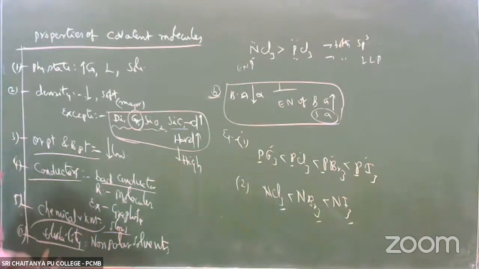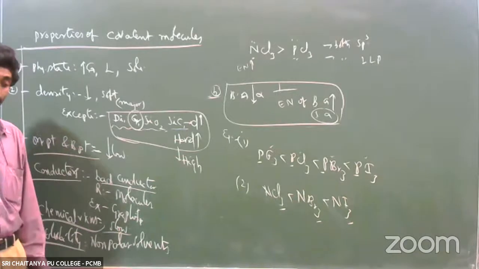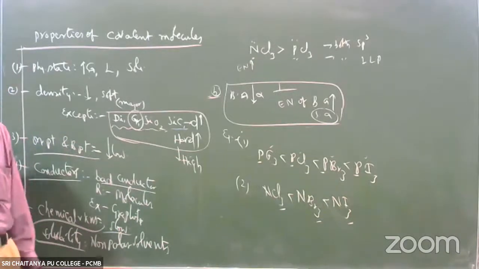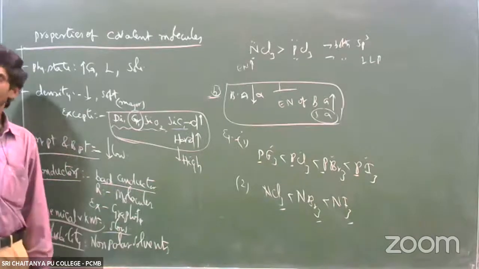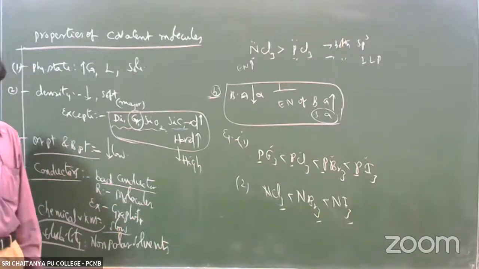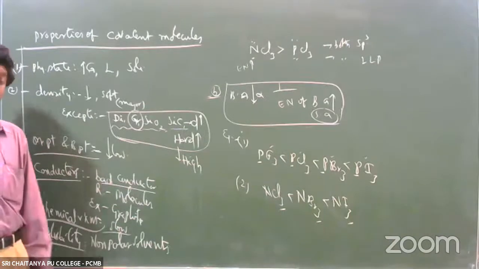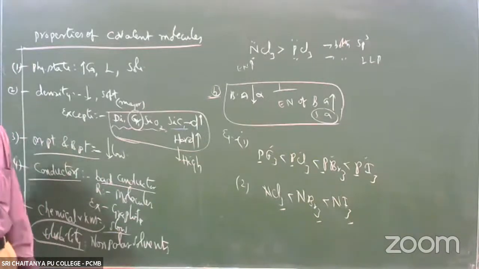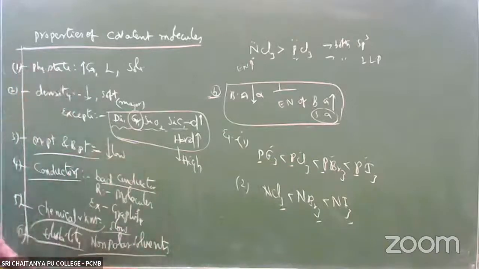That is alcohol. Alcohol is an organic compound, a covalent molecule only, but it's soluble in water because it forms hydrogen bonds with water molecules. And if you take carbohydrates like sugar, sucrose, glucose, starch, these are also organic molecules and covalent, but they dissolve in water because they also form hydrogen bonds with water molecules. Except for a few exceptions, covalent compounds are generally soluble in non-polar solvents. Next one,